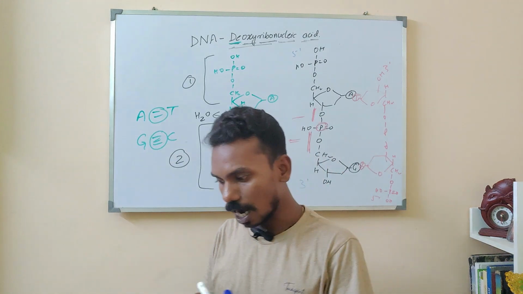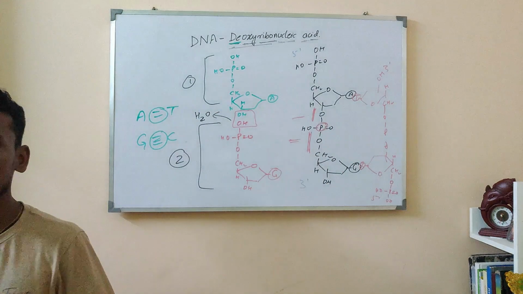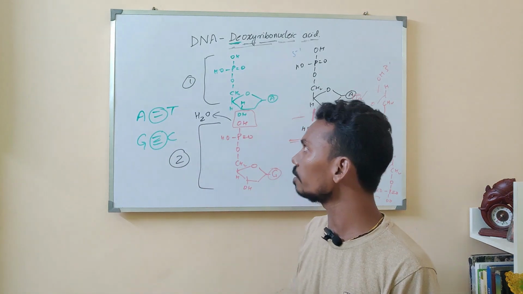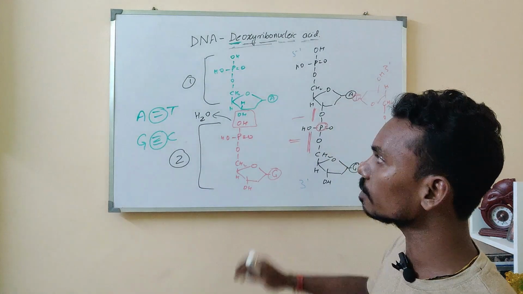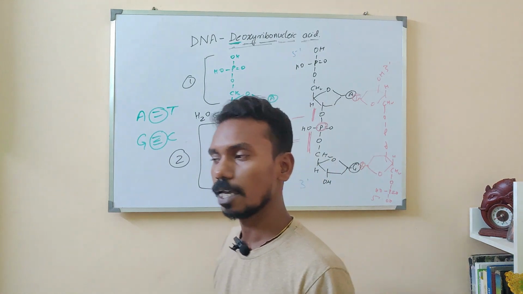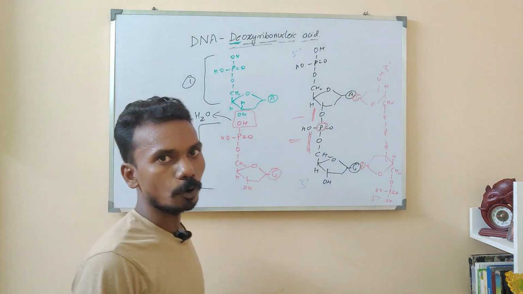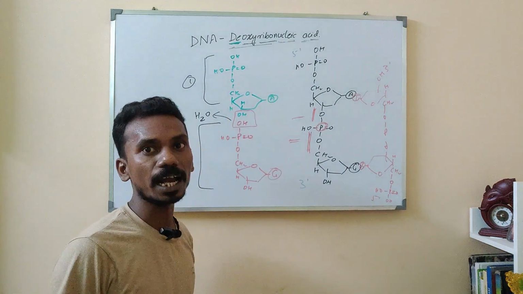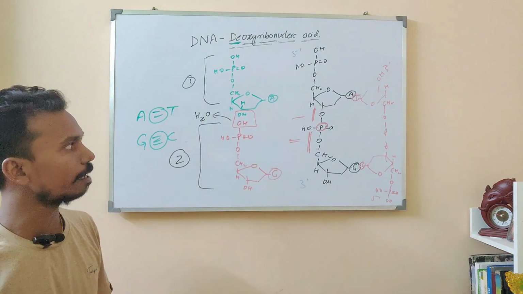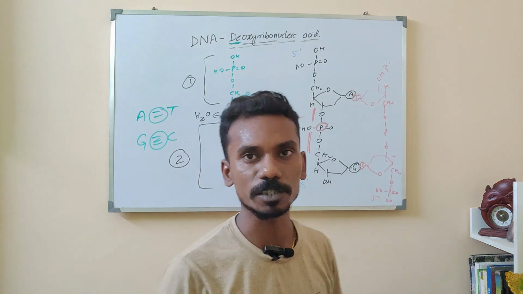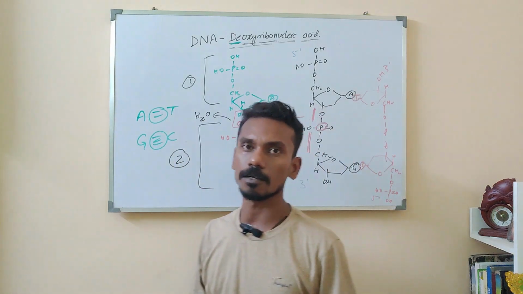If you are asked what kind of bonds are present in DNA, then DNA contains phosphodiester bonds and hydrogen bonds. If you are asked what is the bond which makes the backbone of DNA, then you must say that the phosphodiester bond is the only bond which helps in making the